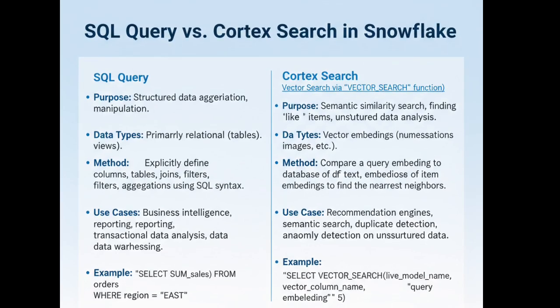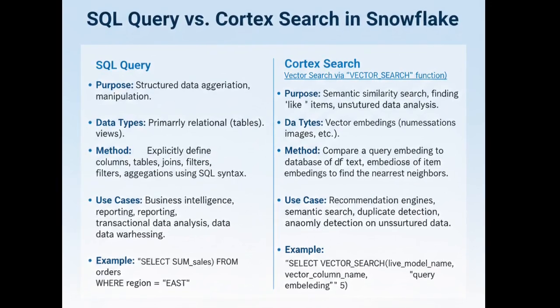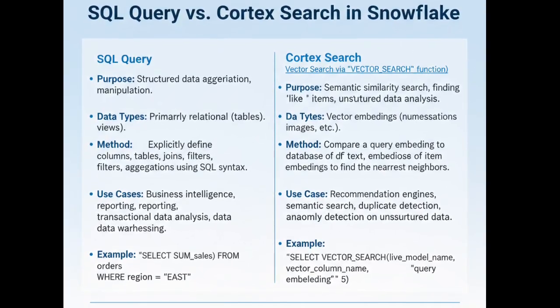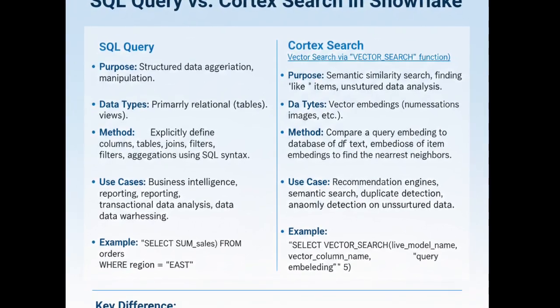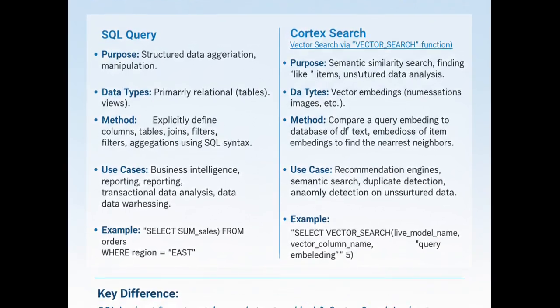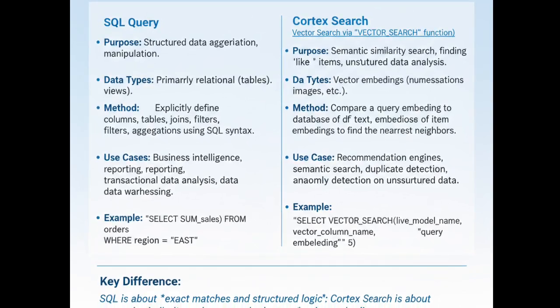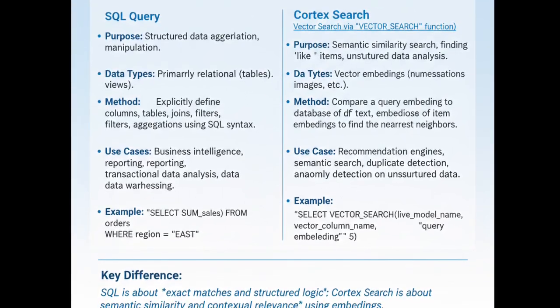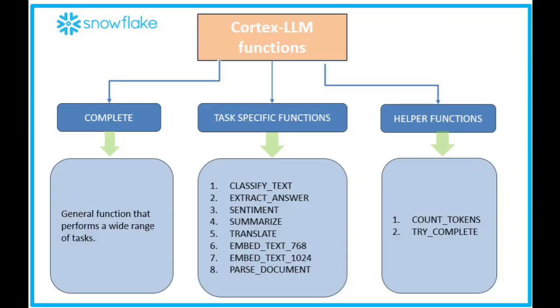Now let's see how Cortex Search is different from SQL. A normal SQL query searches by exact keywords or simple patterns. This is also called lexical search or keyword search. Cortex Search is designed for semantic search, meaning it searches by the meaning or concept of your questions. It converts all our documents into numerical vectors. So whenever the user asks a question, the question is converted into a vector. Cortex Search then uses advanced math to find the document whose vectors are closest to our question.